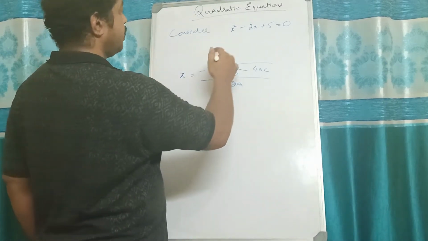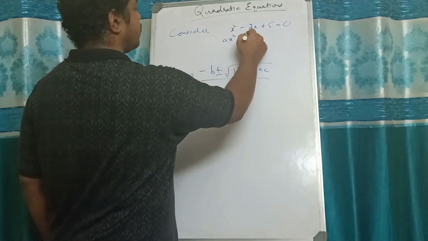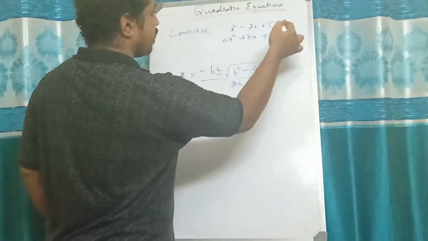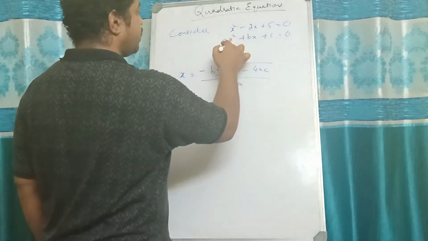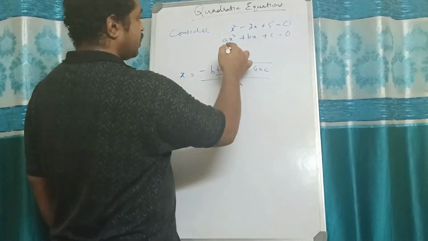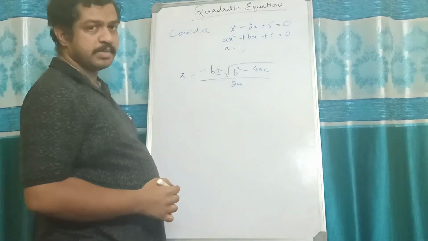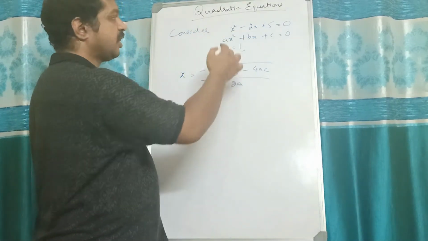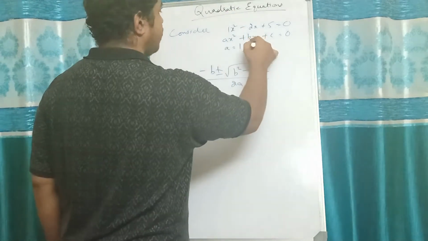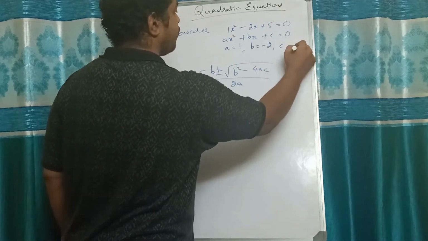Okay. So let me write the standard form of a quadratic equation first. That is ax square plus bx plus c equal to 0, right? After writing this standard form, we can always say that the coefficients a, b, c are some real numbers, right? In place of a we don't have any number here, so it is understood that 1 will always be there. Saying x square is the same as saying 1x square, right? So the coefficient a will be equal to 1. Similarly, the coefficient of b is how much? -2, and the coefficient of c is 5.